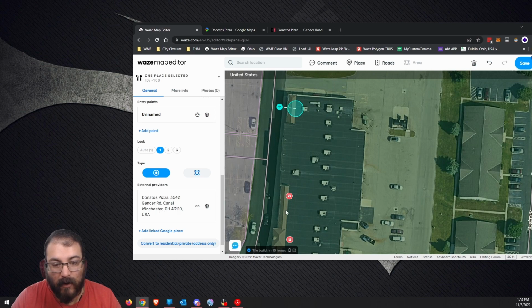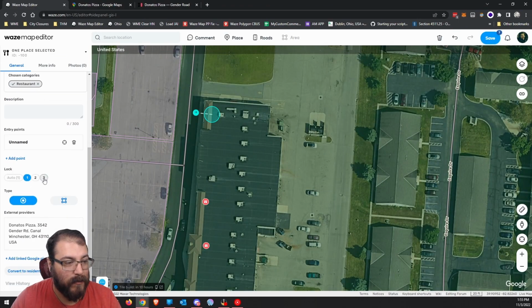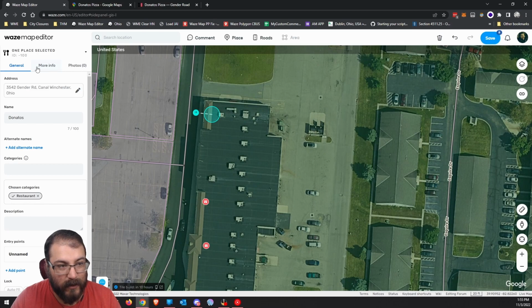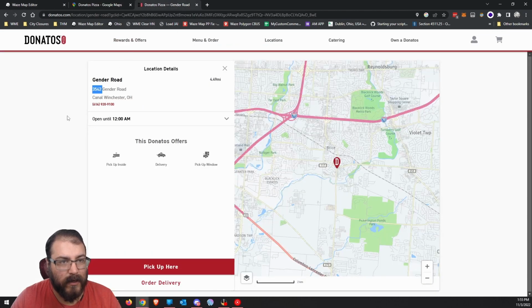So if Google says it's over here and wants you to stop over here, by linking Google's from over here to over here, when you search for it, it's going to give you this one right here. It's going to override Google and say this is where it's supposed to be. That's why you link the two, so that you don't have any messed up things. Since I'm level 3, I'm going to lock this at level 3 because that's the minimum for point places. The website, we are going to grab,